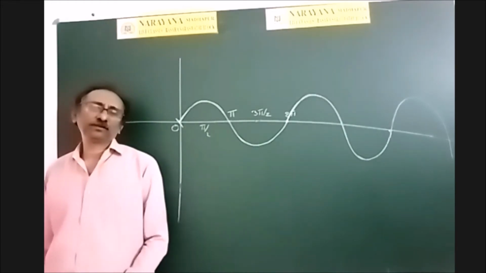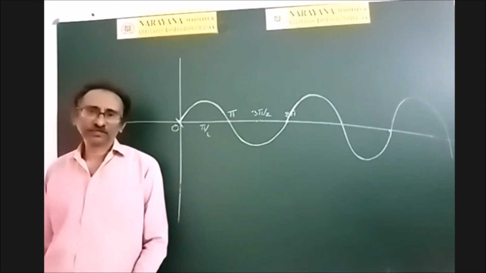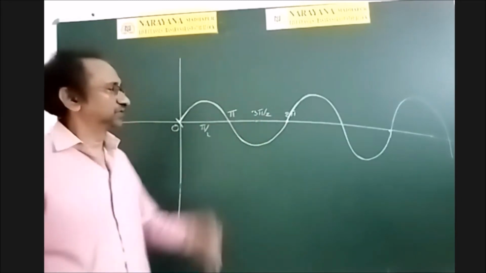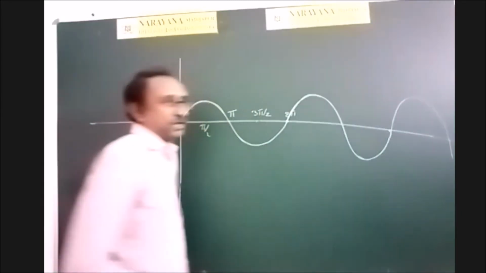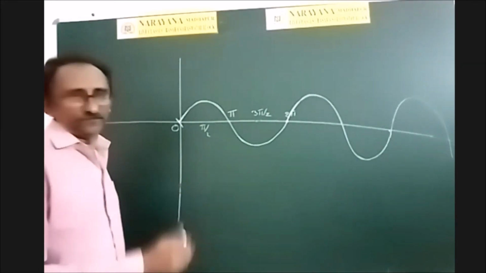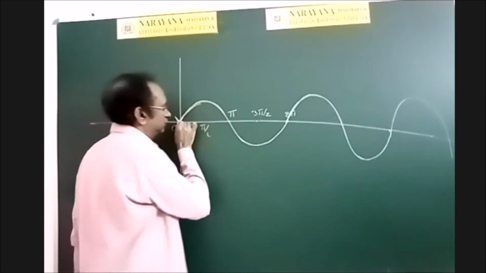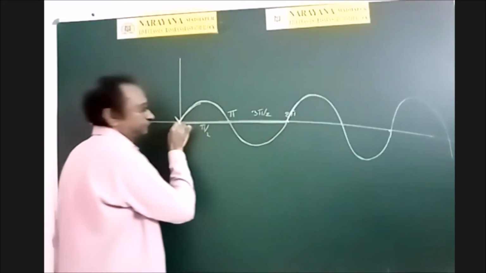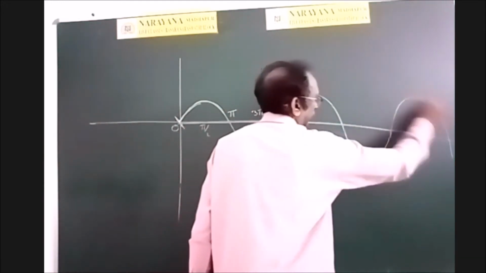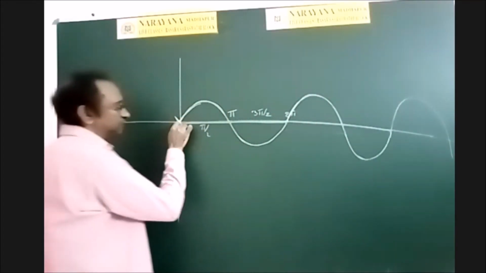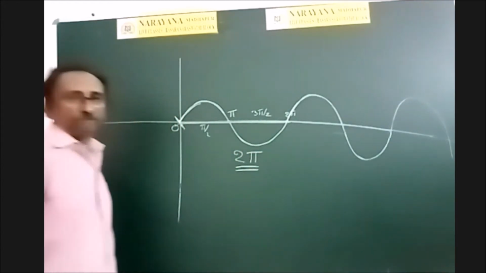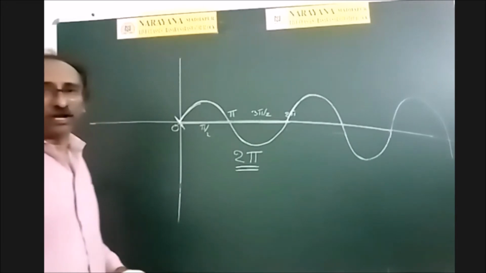And a daily newspaper is also periodical. Every day it will come. The period of a daily newspaper is 1 day. Similarly, this is a periodic function because the values are again repeating. But what is the period of this function? What is the length? In the weekly magazine we say 7 days. Similarly here, for this length from this to this, once again the values are repeating. So what is the length from 0 to 2 pi? 2 pi. Therefore, the period of the function sin x is 2 pi.